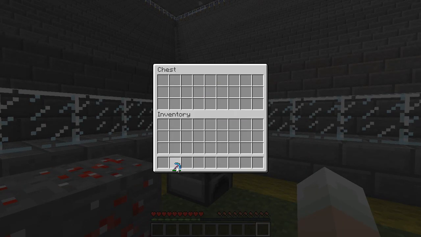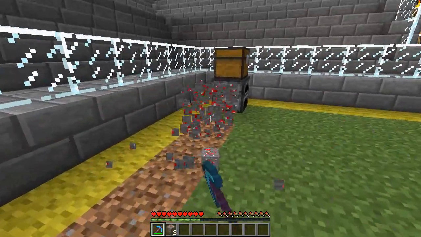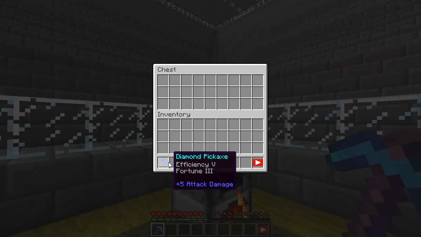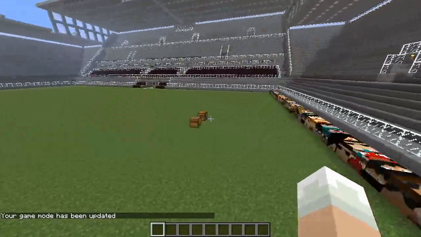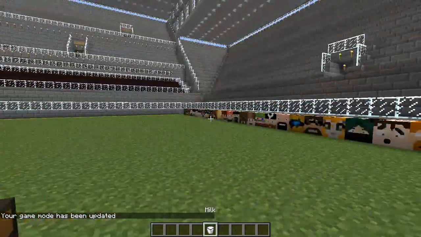Let me grab a pickaxe, and if we break these, you get the actual ore itself. So you have to use a furnace. I already have one in there. Basically, you just throw in the ore, it smelts it, and you get the YouTuber essence. So pretty cool. Let's go into creative mode really quick, and let me grab some milk, because milk's gonna be